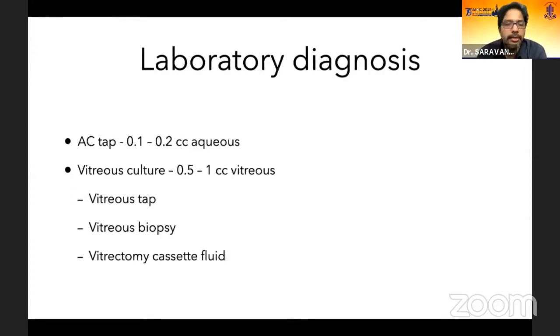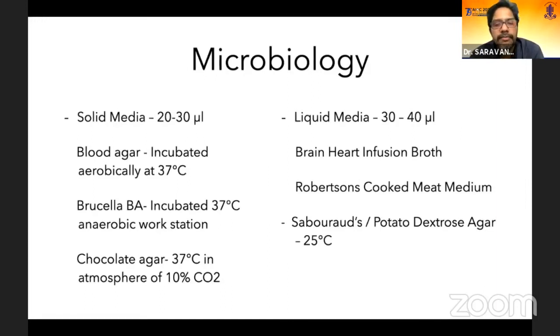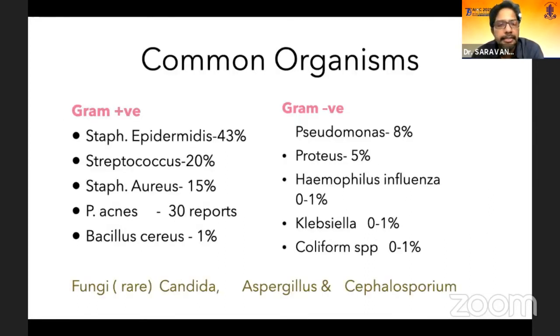So as I told you, these are the amounts of sample which you need to take from the eye for sending for both smear and culture. Using a cutter will reduce the risk of vitreous traction and secondary retinal tears or RD. And cassette fluid can be used sometimes when the amount of aspirated liquid is quite less. Various media have been used, the most common being the Gram stain and the GMS, and also blood agar, chocolate agar, and the Sabouraud's potato dextrose agar for the fungal. Anaerobic media may be needed in suspected cases also.